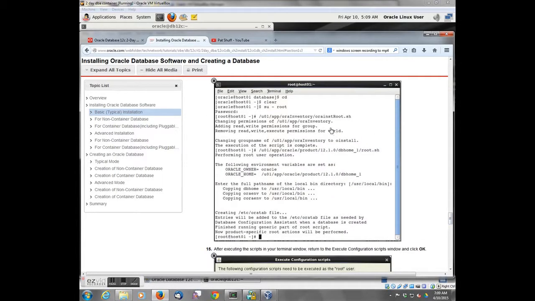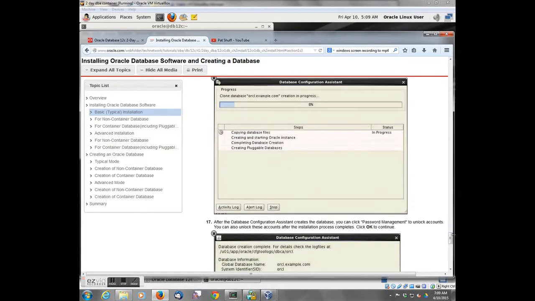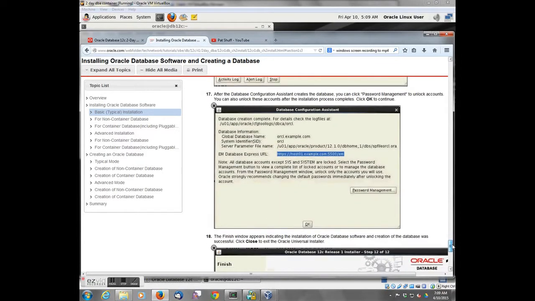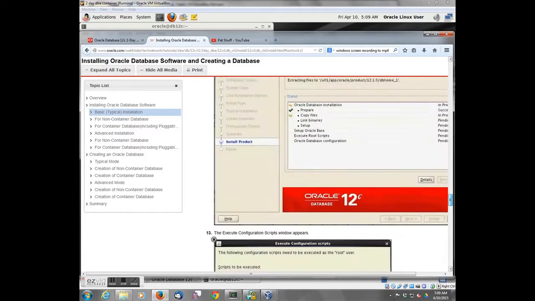You open a terminal window, you execute the root script, which goes in and modifies the Oracle inventory, and then modifies the user local bin directory. Then it goes in and does the DBCA and sets everything up as the Enterprise Manager. Now, I don't think it's going to actually come back and say the system identifier is Oracle, because if you look back on the screen back here,